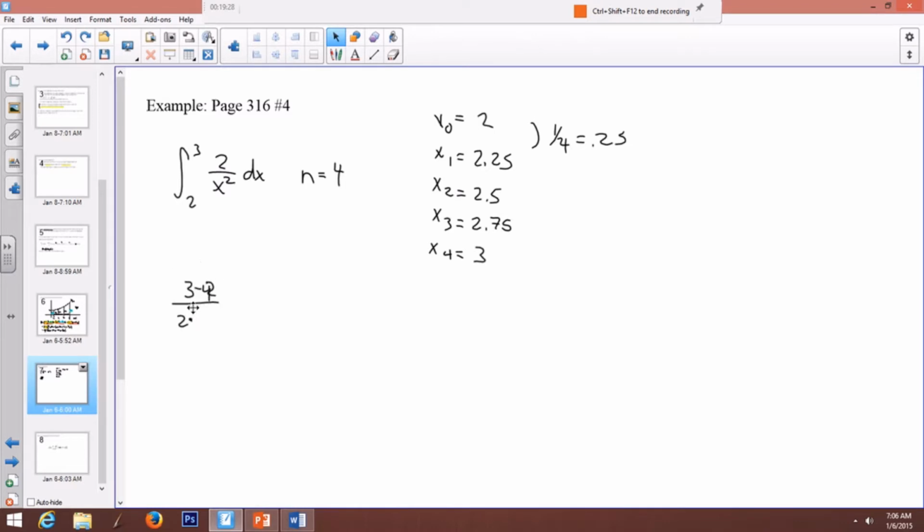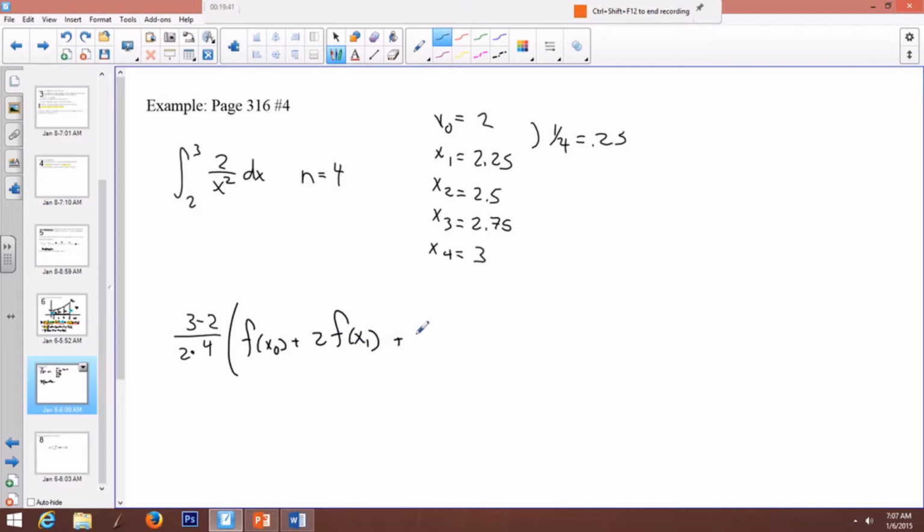They went a little too high there, so let's move this whole expression down. All right, so this is going to be f of x sub 0 plus 2f of x sub 1 plus 2f of x sub 2 plus 2f of x sub 3 plus just f of x sub 4, remembering that your outside two values only have a coefficient of 1. All the inner ones have a coefficient of 2. So I'm going to go through and quickly calculate these things. And I'm going to use my graphing calculator off to the side. I wish I could show it, and I apologize that I can't. But hopefully, if this ever happens again, I'll get